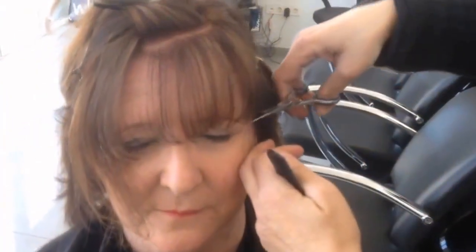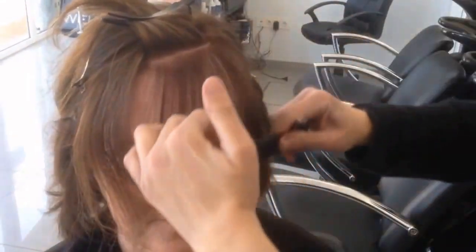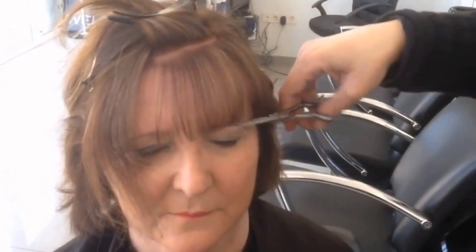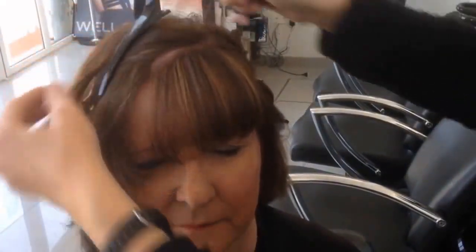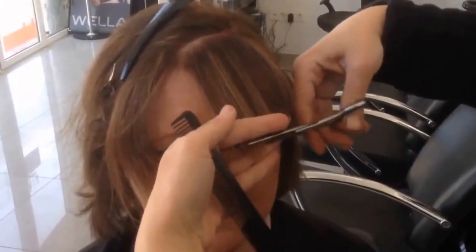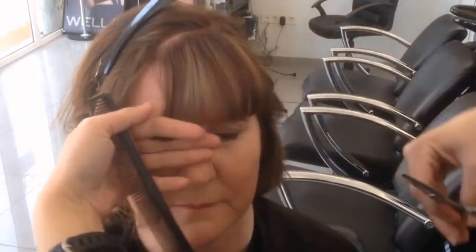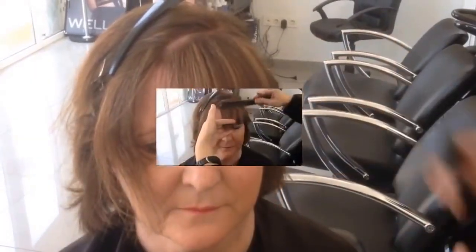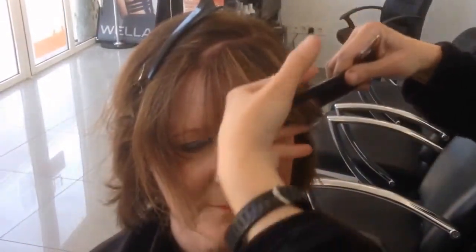So we cut the first line. Lovely fringe. And then we take the second part, we take it here. So what will happen automatically, we take the second part, we leave it a little bit long. We don't want to make it, leave it a little bit long fringe for Jivan. See, this is